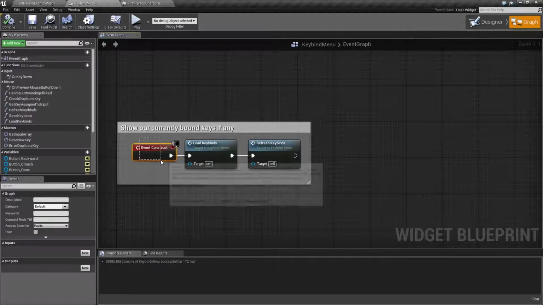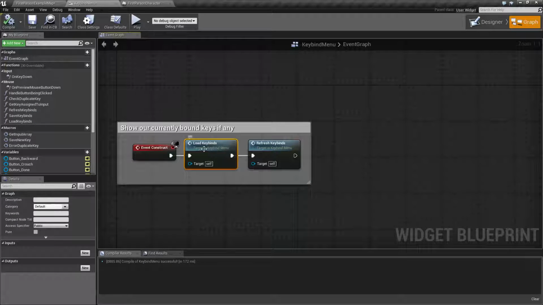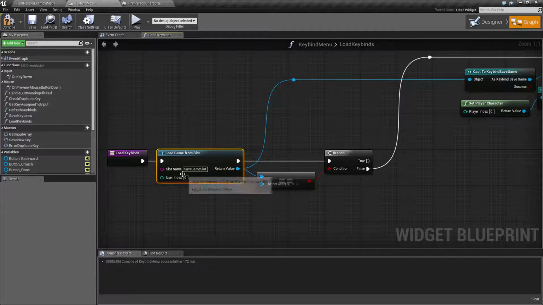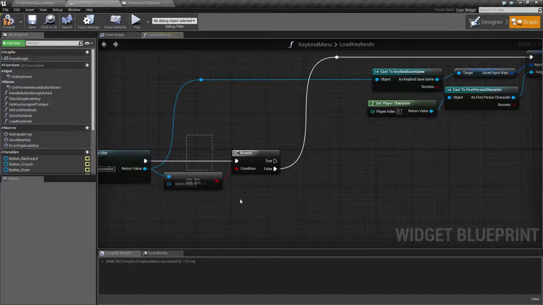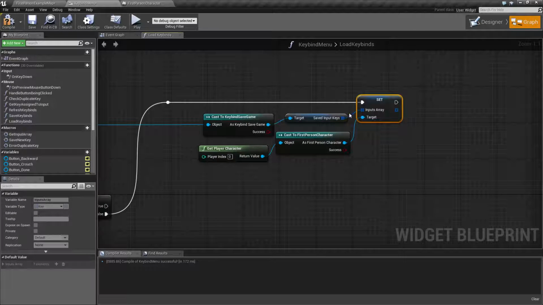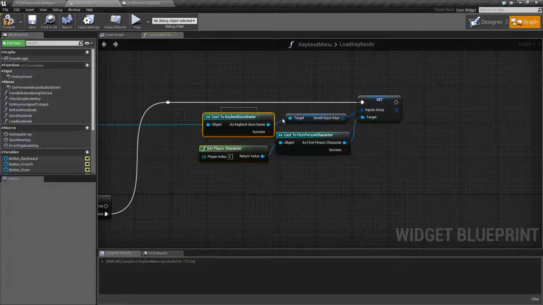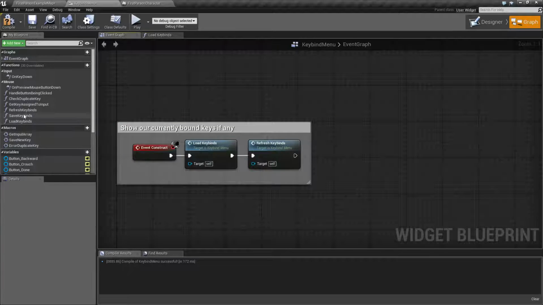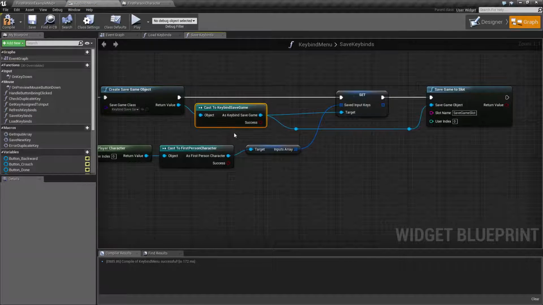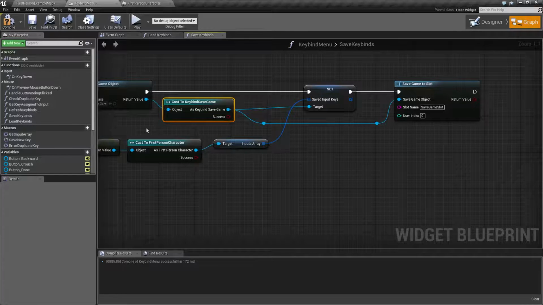Basically, when I construct our widget, I am loading up any existing keybinds and then refreshing the screen. Load keybinds is very simple. Getting our save game. If a save game exists, then we're going to go ahead and set up our input array to the keybinds we pulled out of our save game. Saving is pretty much the same thing. We're going to create a save game object, see if it exists. If it doesn't exist,